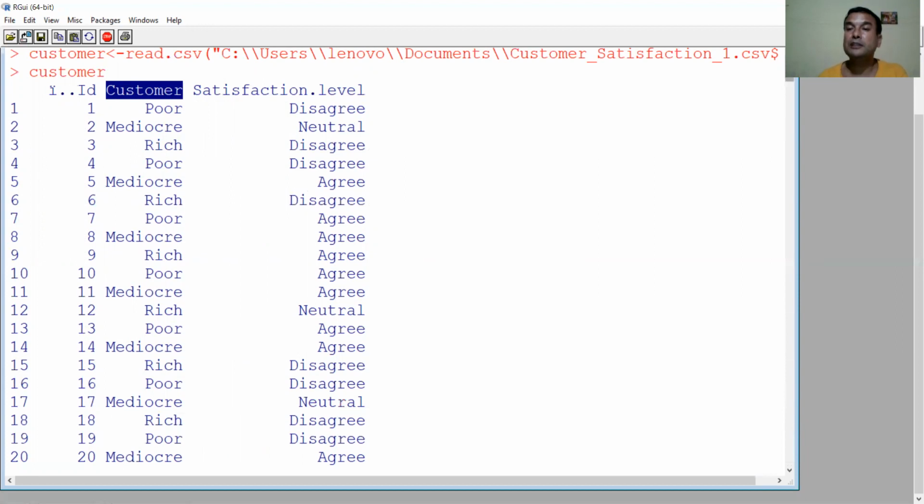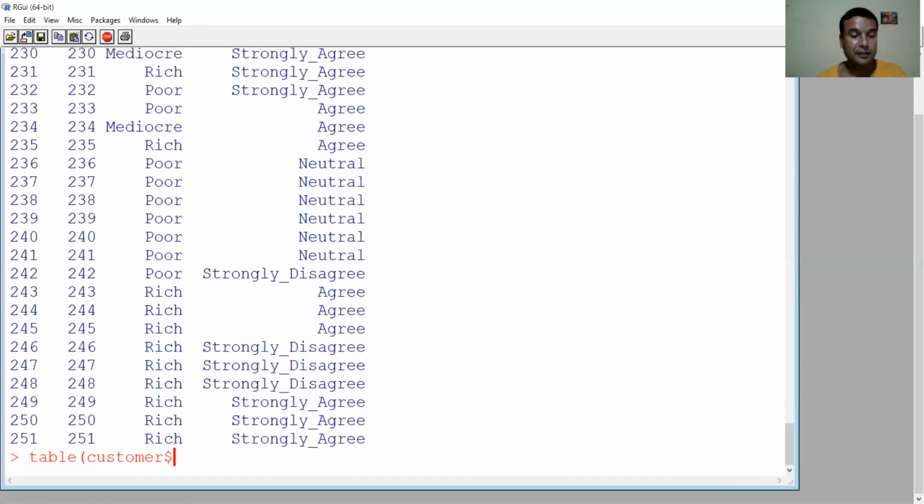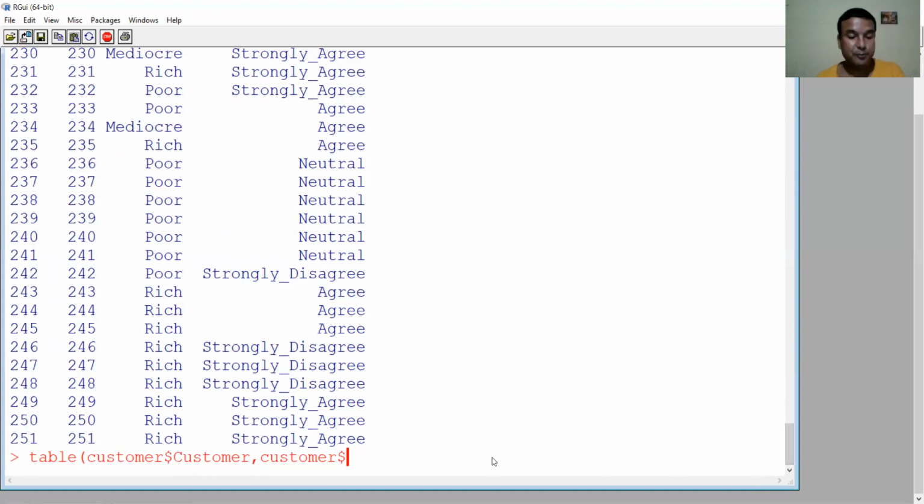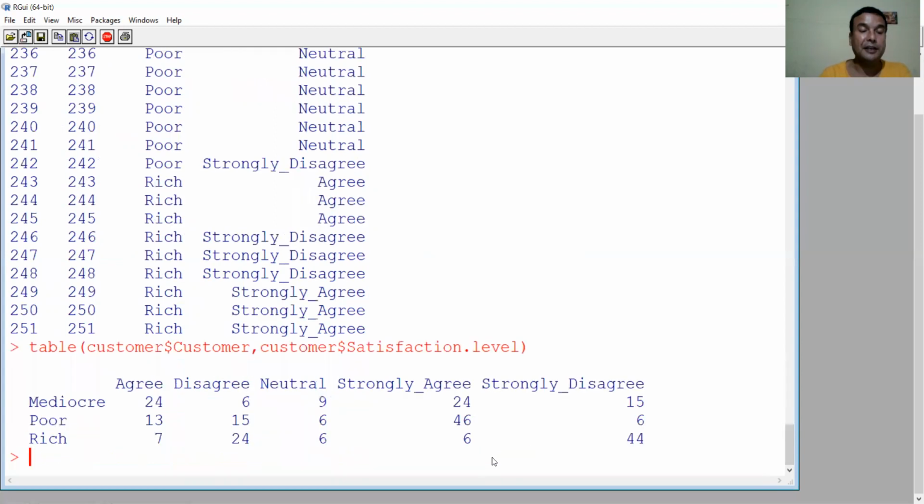After copying it, come back and paste it here, then put a comma, and type the name customer, then press this symbol, again go back to the top of the second column, and copy this name and paste there and close the bracket and press enter. And this is the pivot table.